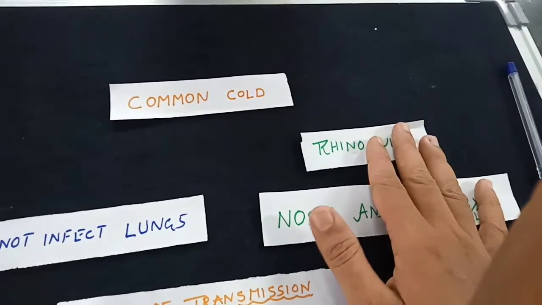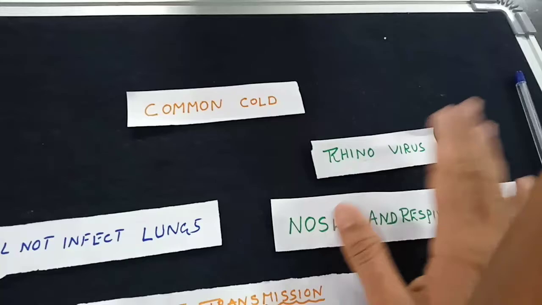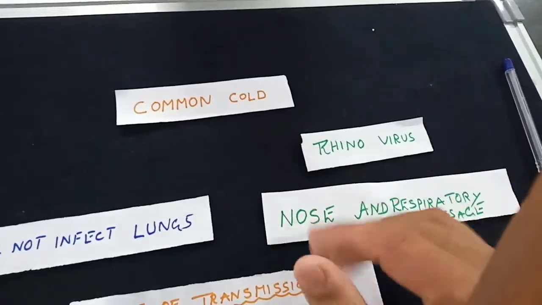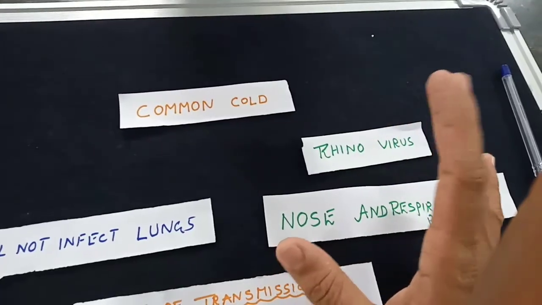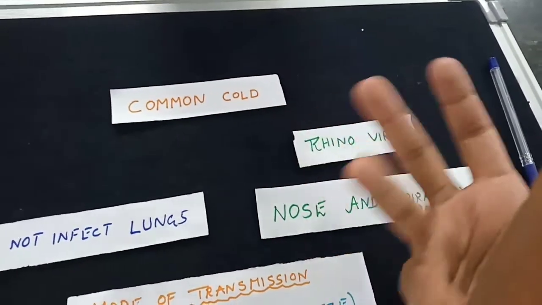If you get common cold, don't worry, it's really good to boost your immunity. So at least per year, you need to get this common cold at least 4 or 5 times. Okay, if you get it 5 times, that means you are going to have a healthy life in future. Got it? Chalo. Thank you.